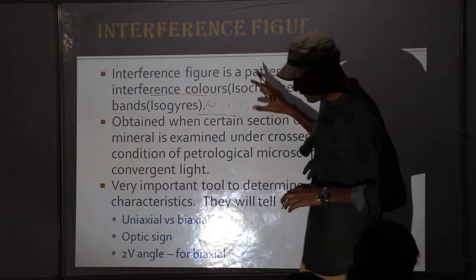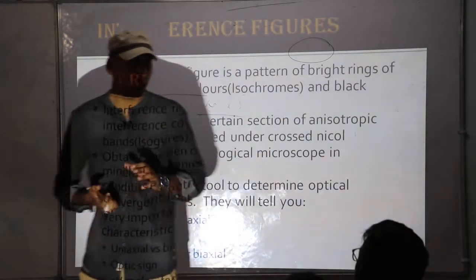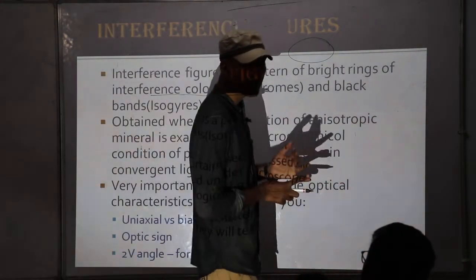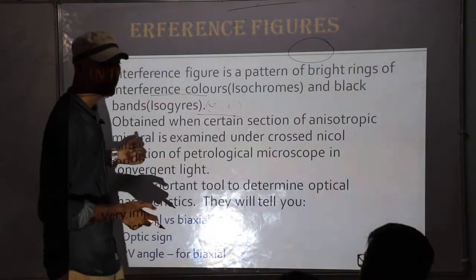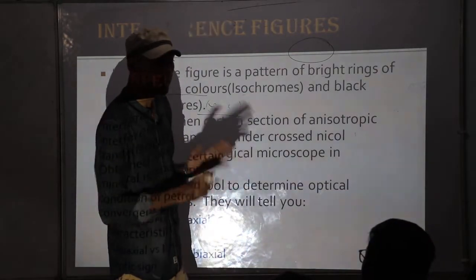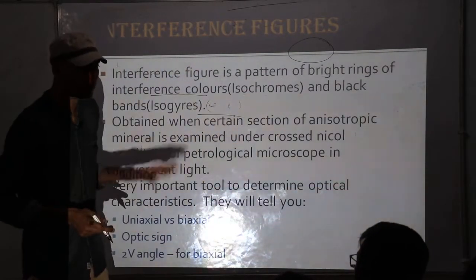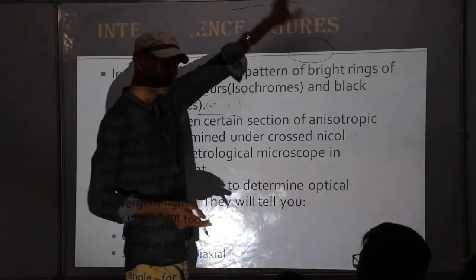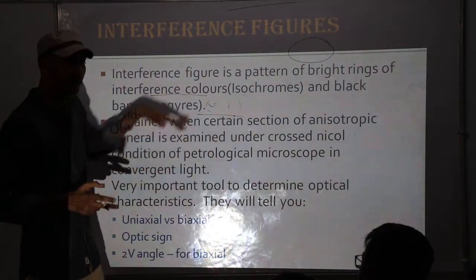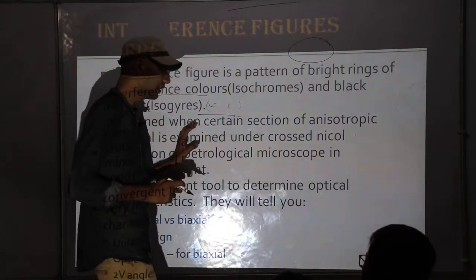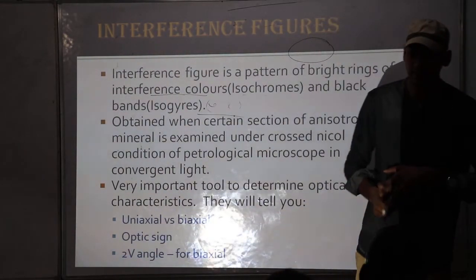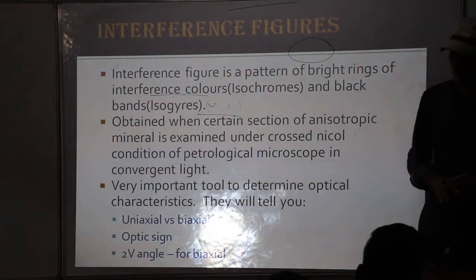If we are viewing in orthoscopic arrangement, that is the general setup of the microscope, either you can see the interference or you can see the extinction. As I discussed in the previous class, interference takes place due to the interference of emergent E rays emerging from the analyzer. And extinction is due to matching of the vibration of the mineral with the upper polar and lower polar. So you can see only interference or only extinction in the case of orthoscopic arrangement.